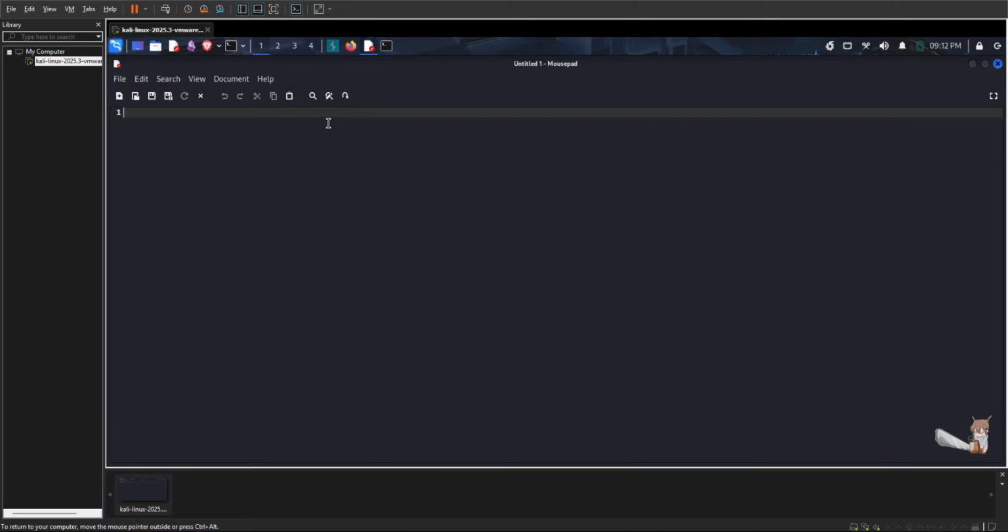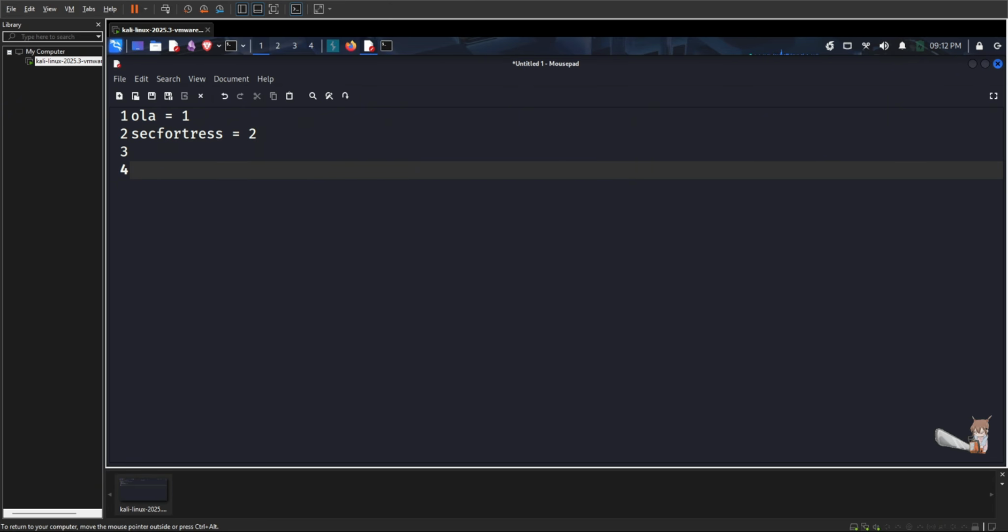Let's take for example, we have Ola. Ola has an ID of 1, and we've got Fortress. Fortress has an ID of 2. So when we log in as Ola, the web application assigns Ola the ID of 1, right? So if Ola is trying to make some actions and all of that,